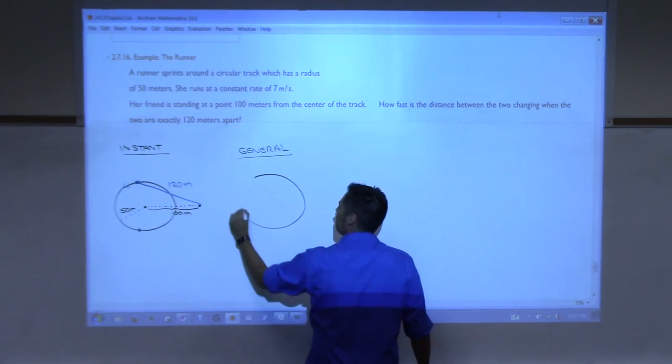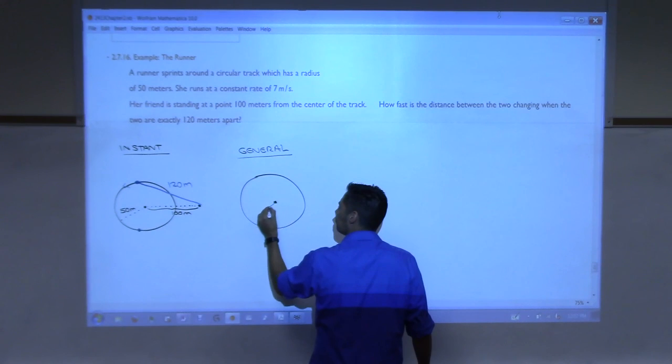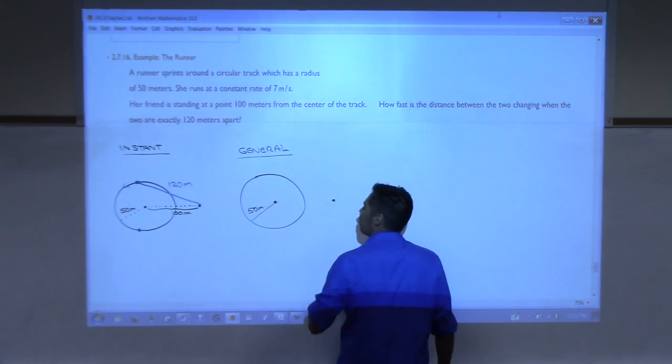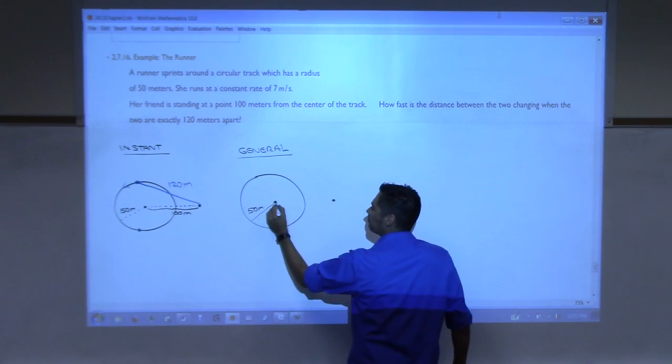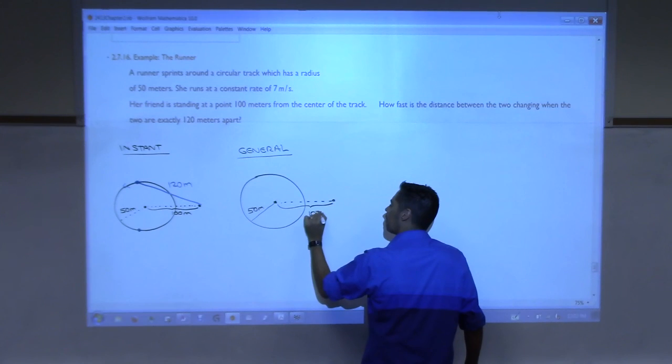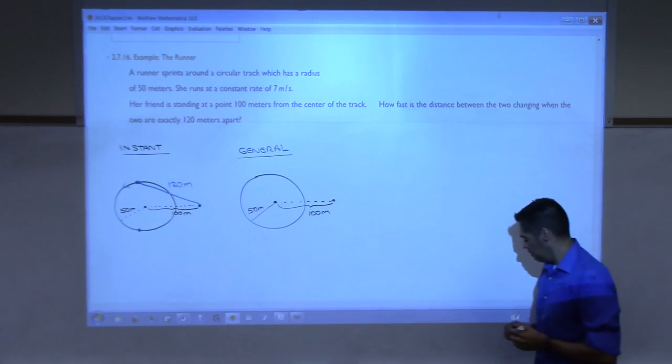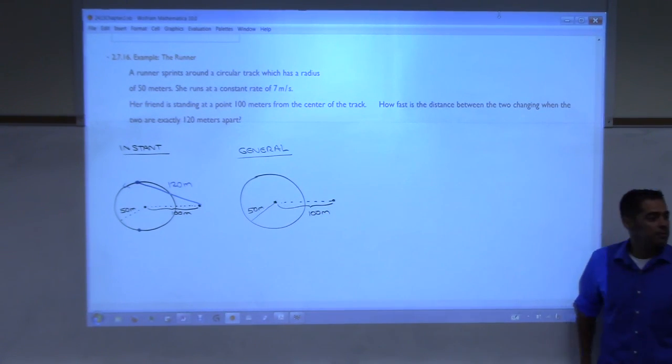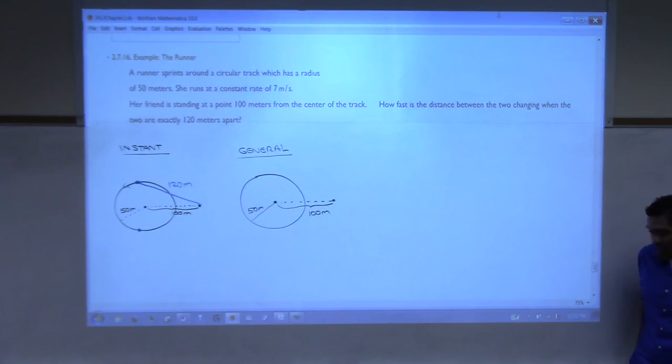Well, the track's still 50 meters, right? The person's still 100 meters away. But now the person is anywhere, right, on the